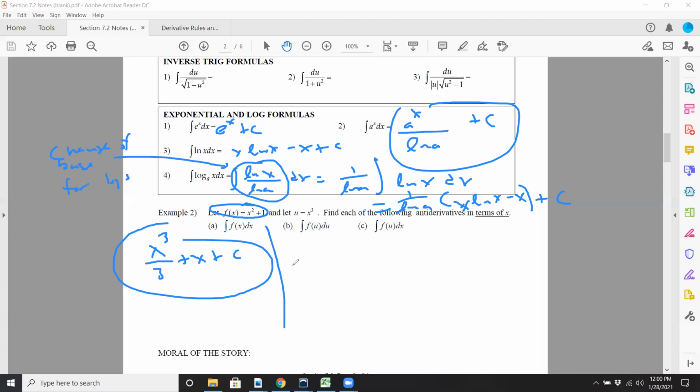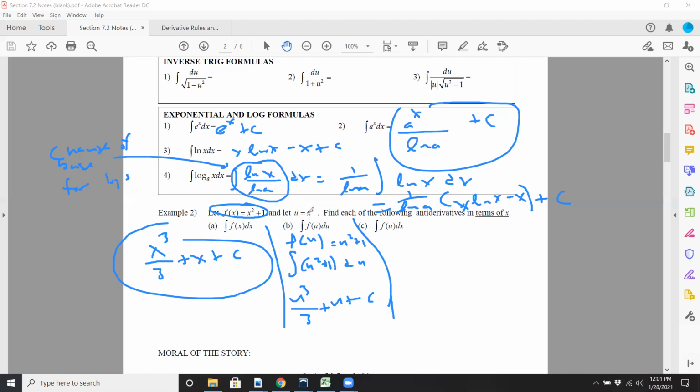What if you replace the x with a u? So f of u is now u squared plus 1. Fine. That's what I'm integrating. I'm integrating u squared plus 1 du. Well, it's u cubed over 3 plus u plus c. Great. But this next one's going to be a little bit different, and it is, you said to do in terms of x. So actually, now